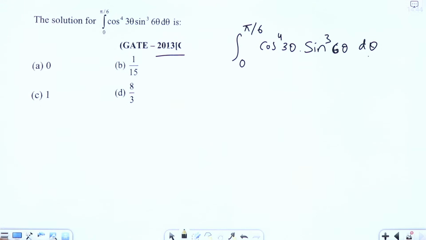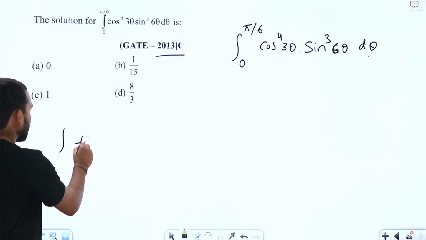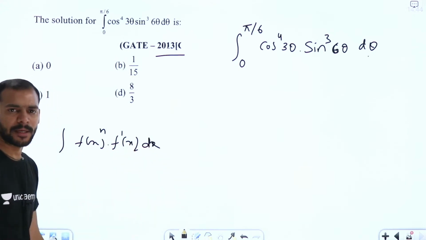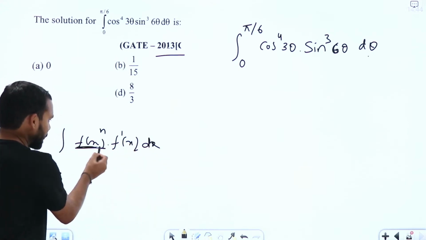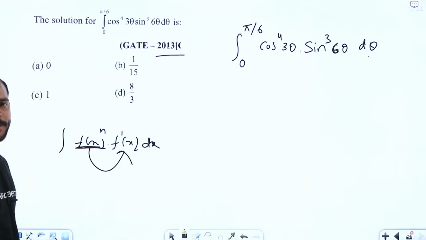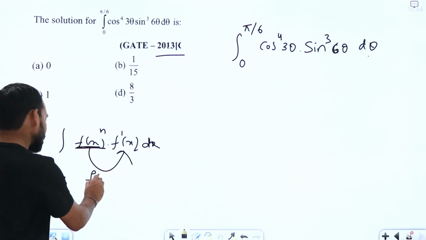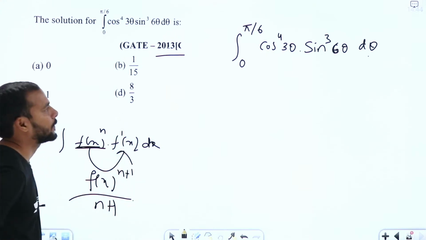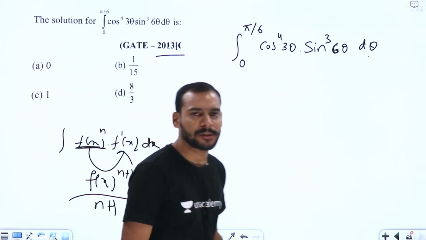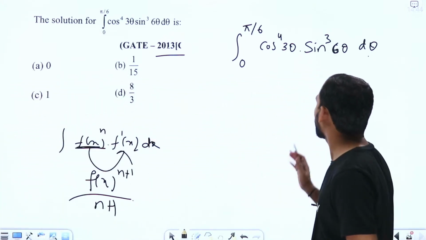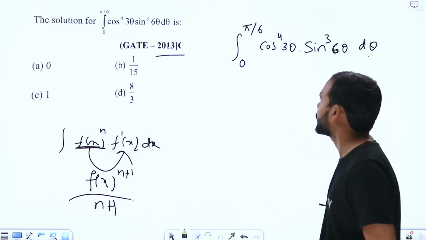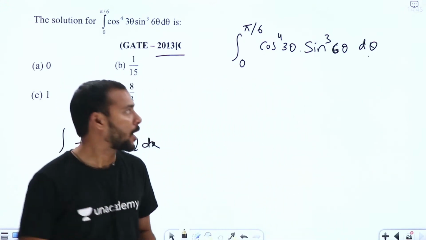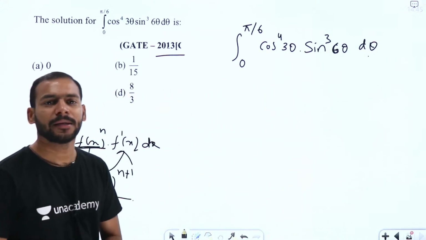See, we have seen some formula which is f of x whole power n into f dash of x dx. We have seen this formula, right? So in order to apply this one, the f of x should be there, besides its derivative should be there, then we can write this one as f of x whole power n plus 1 by n plus 1 here, but here both are having powers, that too we cannot say one is the derivative of other, because one is having argument as 3 theta, another one is having 6 theta here.